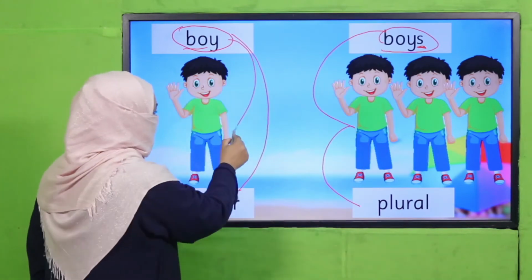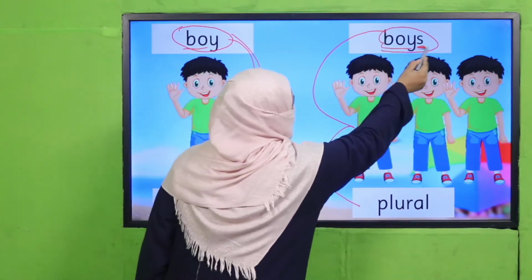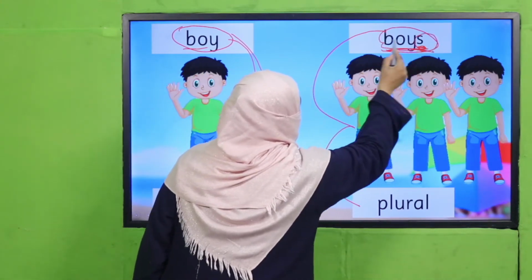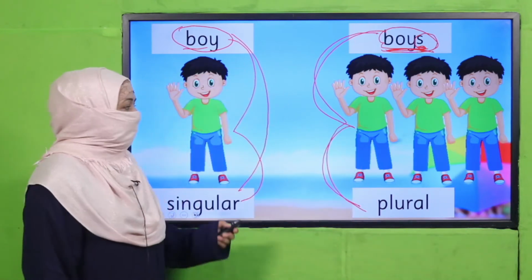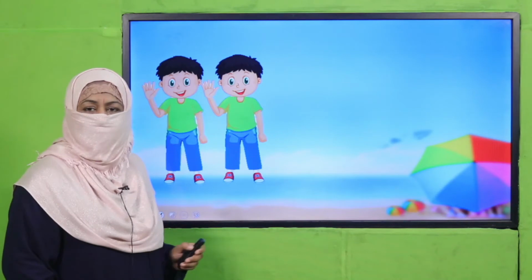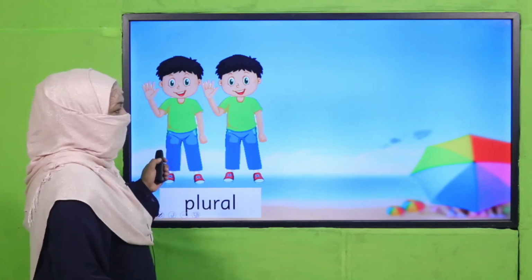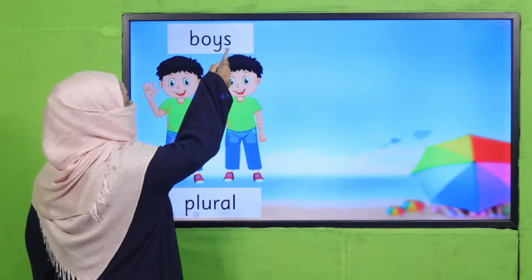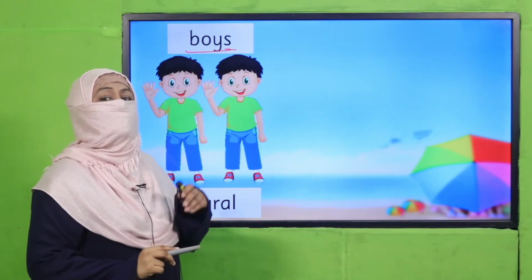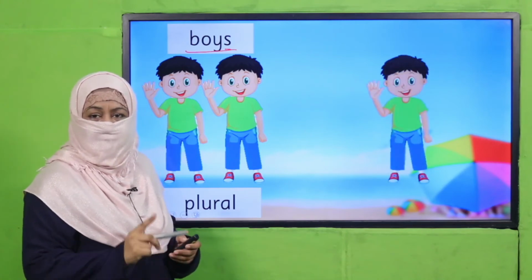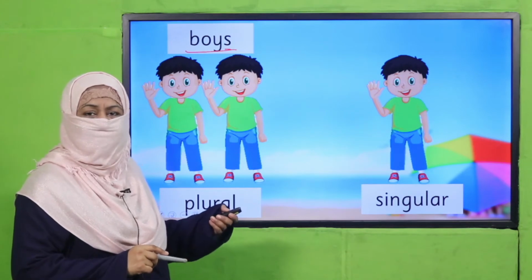This is singular because it's one, it's a singular naming word. This is plural by adding s, boys, because these boys are more than one, it's plural, right? But if they are more than one, it means they are plural, and in their name already s is added, boys, right? And if you want to use its singular form, if it is one, it's singular, how will you make its singular form?